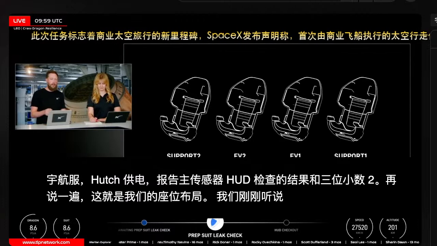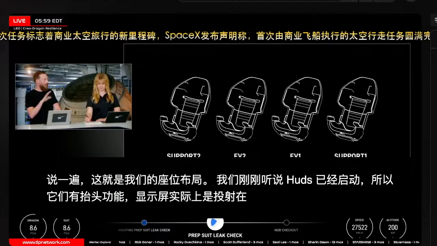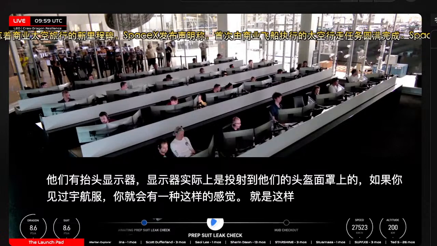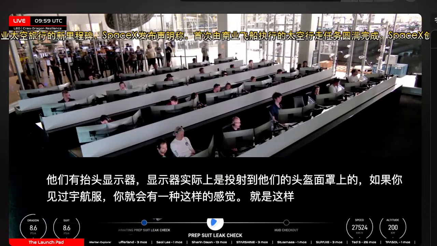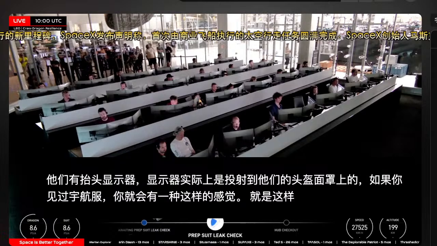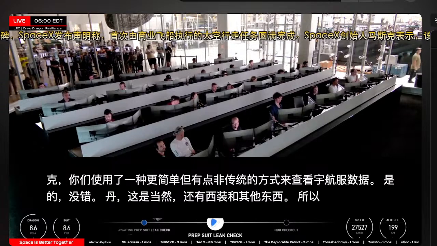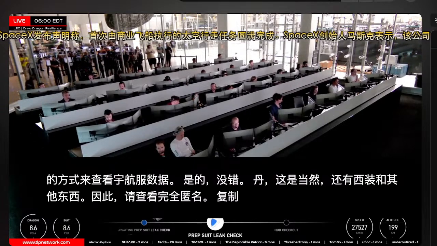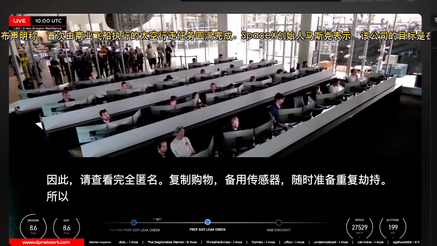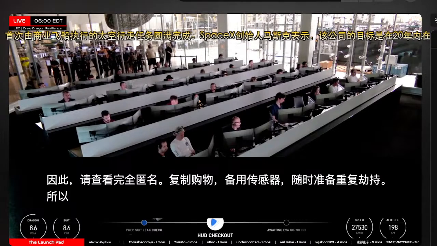We just heard the HUDs are powered on, so they've got heads-up displays actually being projected on their visor in their helmet. Which, if you've ever seen spacesuits, that's always felt like that space age technology that we're missing. Because Mike, you guys use a simpler but a little unorthodox way to see your suit data. Yeah, that's right, Dan. It's of course the suits. And SpaceX HUD checkout complete, all nominal. Nice. Copy, swapping the backup sensors. Stand by to repeat HUD checks. So, of course, the suits that we use for the spacewalks on station are a little bit older. They've been around for quite a while, and so some of this technology,